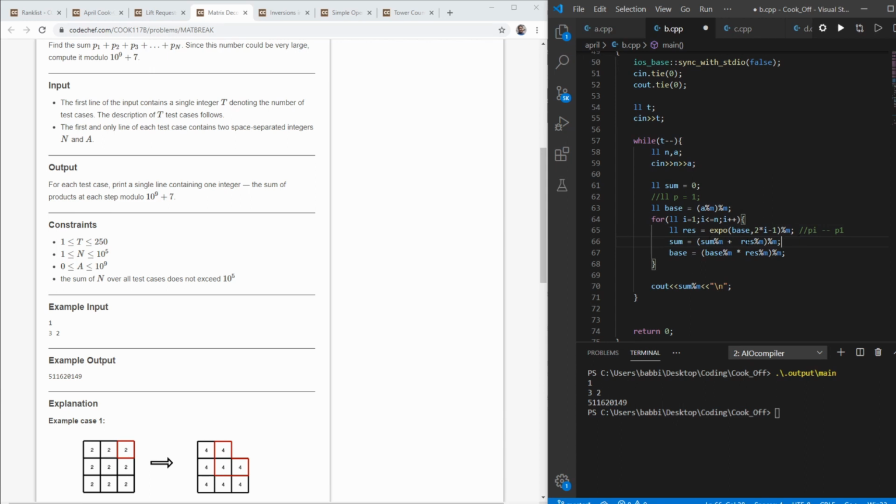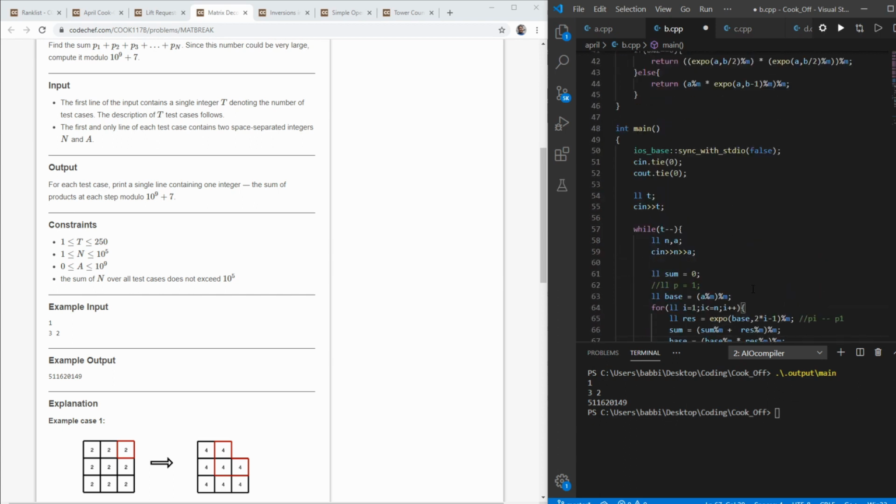So I will find the value of sum, because it is basically adding the res value, which is updated for every step, and then I will update my base. And as I showed you, the last base will be used for the next base. So I will use the last base and multiply the res as I showed in the explanation, and I will run the loop from 1 to n, and then I will output my result modulo m.